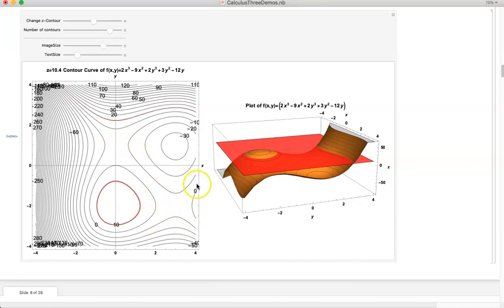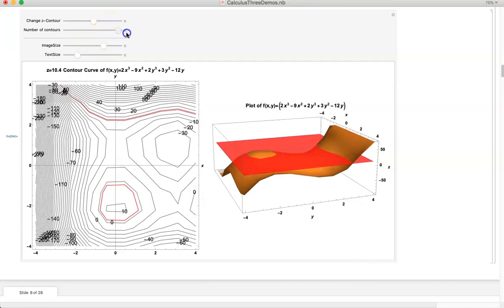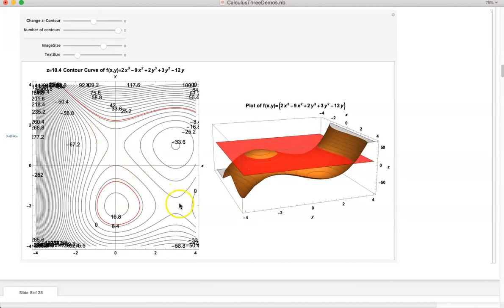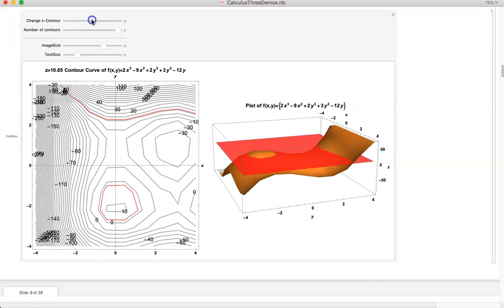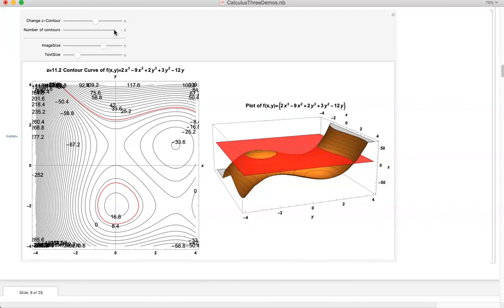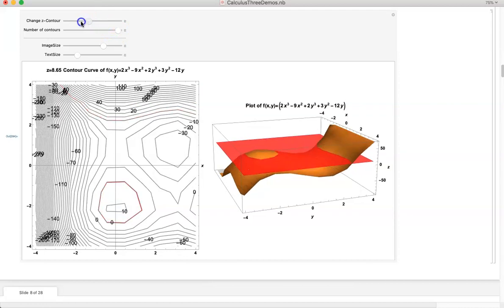You can see them starting to form right there. Maybe if I throw in a couple more contours, you'll start to see this X shape forming more clearly. Let me move this contour down so you can see the saddle point. One of the saddle points